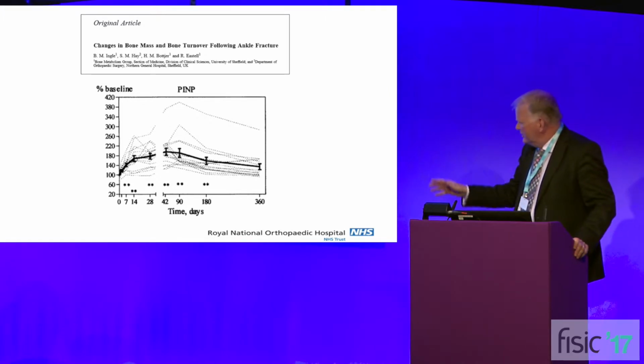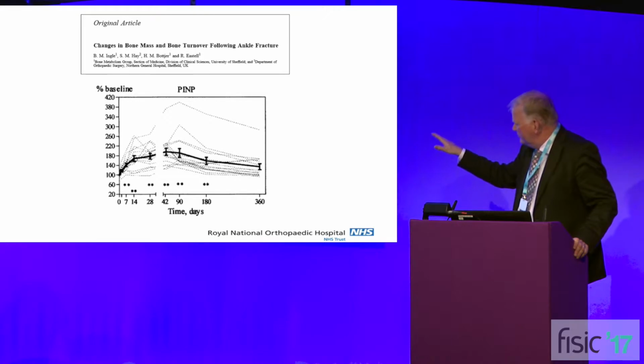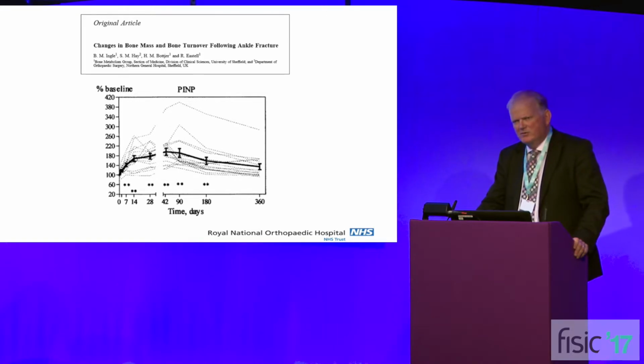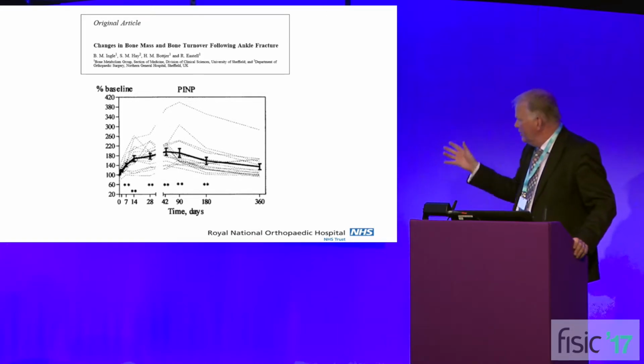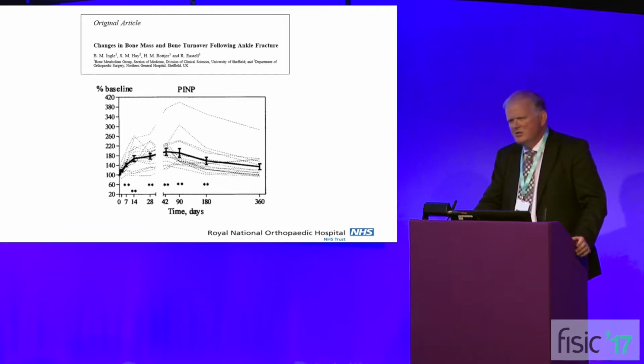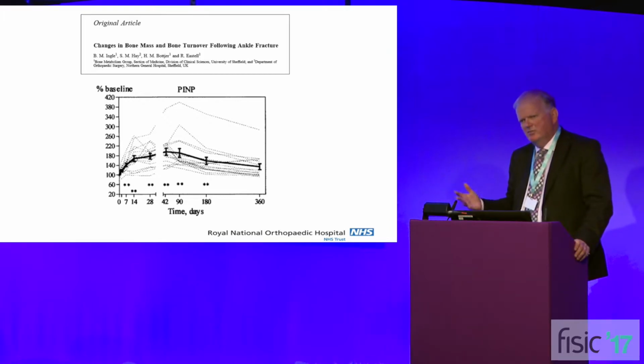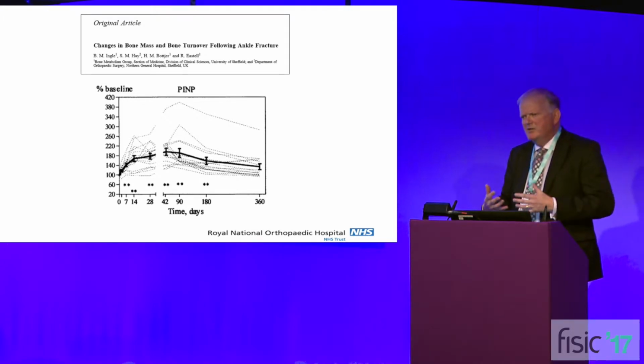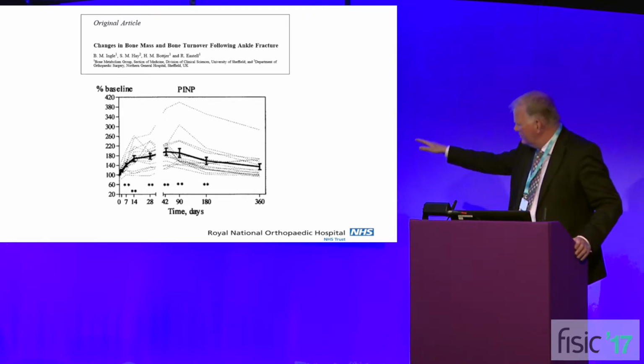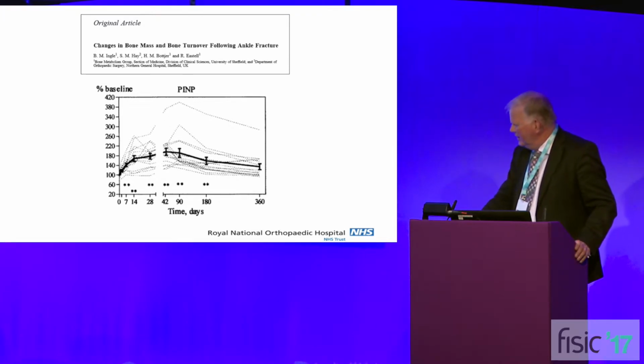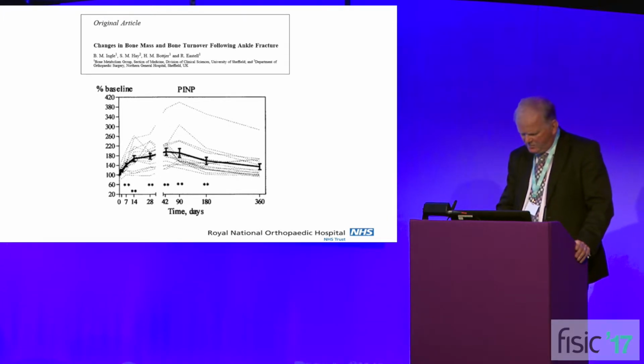But you can see from the scatter plots, from the individual lines, that there's a lot of variability as well. Some patients are going very, very high, and some patients are a bit below the mean. So there may be other factors happening there, which you obviously need to be aware of. And Cathy was talking about some of the endocrine issues that may be relevant. We know that patients that are amenorrheic have low turnover states. So individuals with the lower levels may be people that need other hormonal treatments.